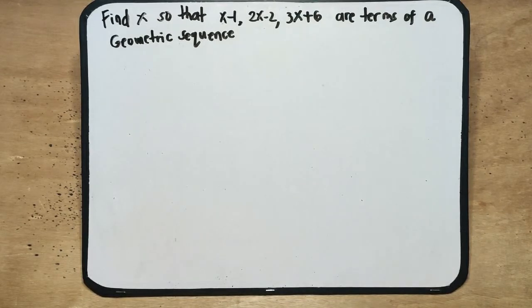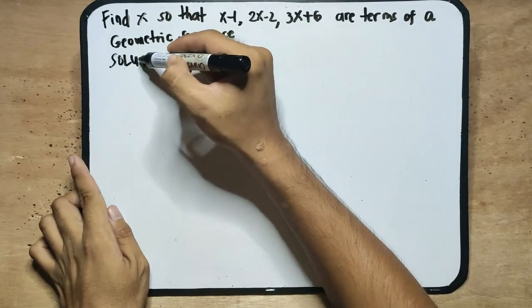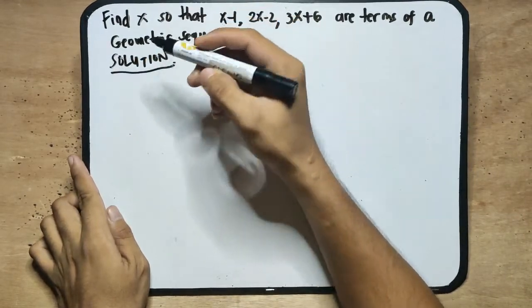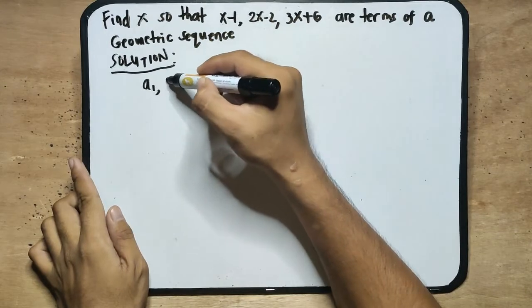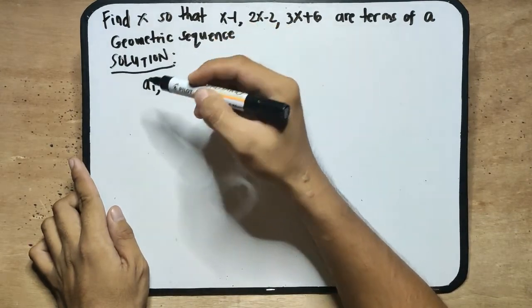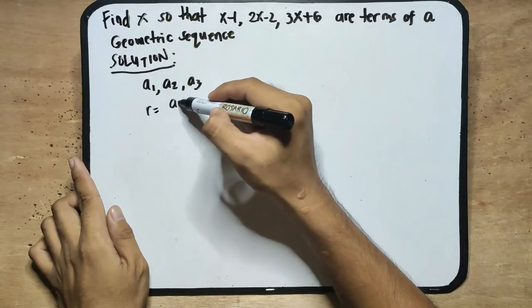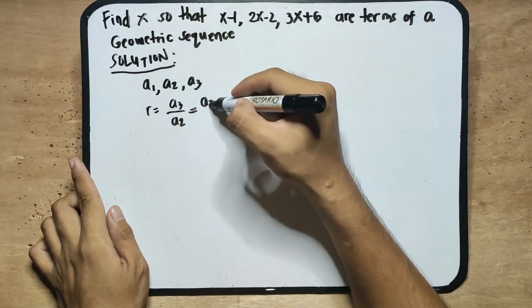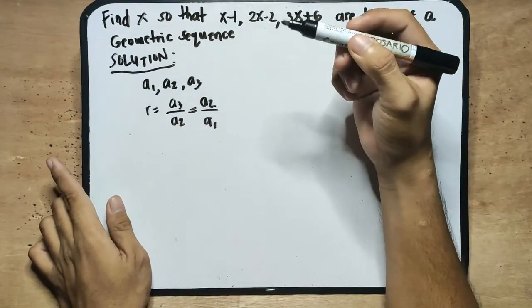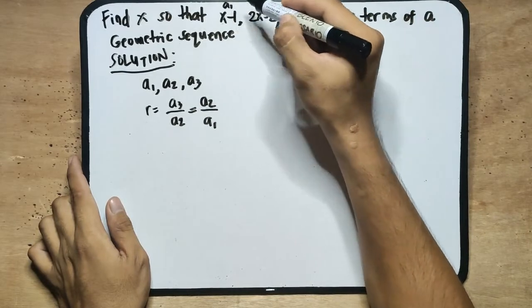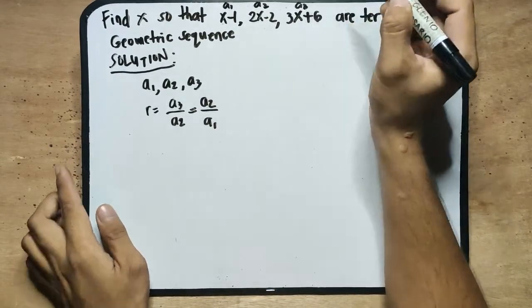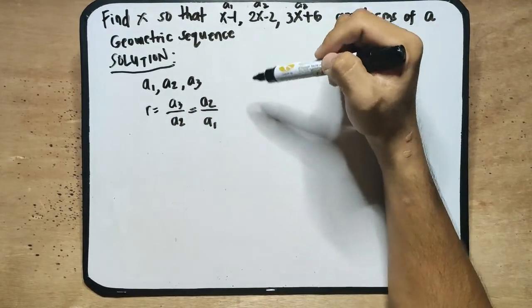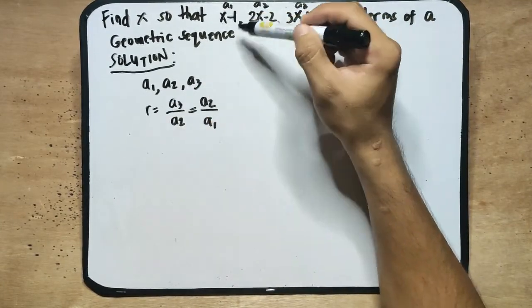So, alam naman natin na yung geometric sequence, mayroon siyang tinatawag nating common ratio. So, if the terms of our geometric sequence are a sub 1, a sub 2, and a sub 3, ang ratio niya ay A sub 3 all over A sub 2, equivalent siya ni ratio nilang dalawa. We have A sub 2 all over A sub 1. So, in this case, this will be A sub 1, ito yung A sub 2, at ito yung A sub 3. In order for us to identify the common ratio, let's try to use this formula and we substitute the